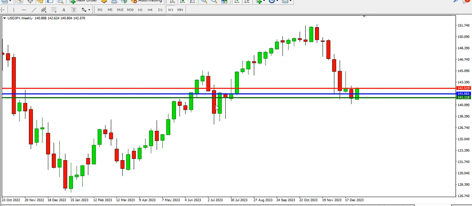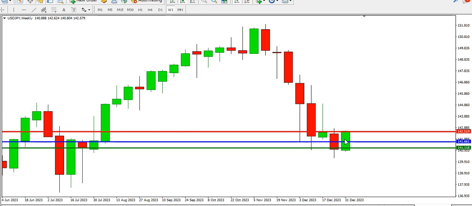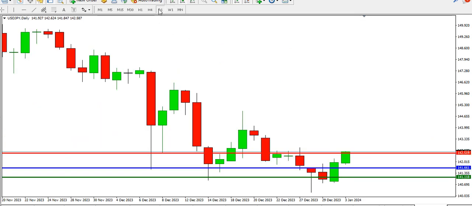All right, and price was able to find support at this demand level. And what we are looking at for now on the weekly time frame is like a range. Currently, last week's candlestick, this bearish candlestick, is being engulfed by this week's candlestick. We might see some level of retracement before price continues downwards. On the daily time frame, we can see that